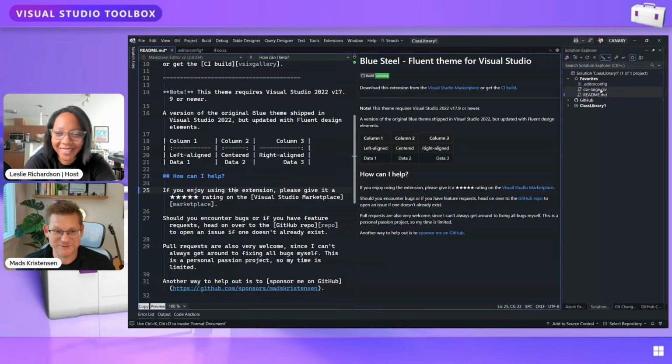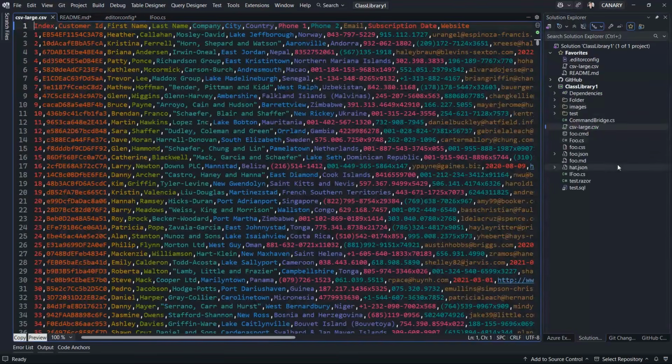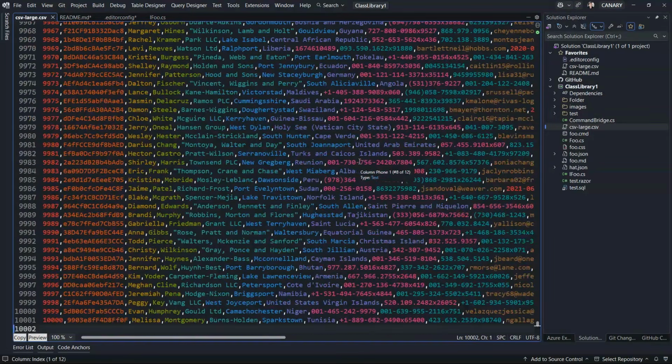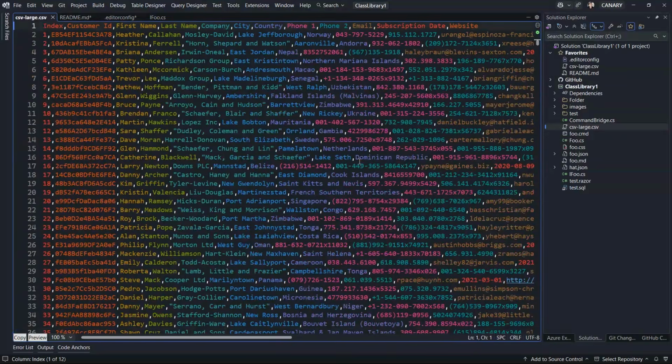Agreed. Let's play around with this. This is a CSV file. Very pretty to look at. It's 10,000 lines. Wow. Yeah, look how nice the colorization is now. This is called CSV Editor. I want to show it because it turns out quite a few people deal with CSV files in Visual Studio, and they're just a wall of text. So now, when I open one, I get this nice colorization. That's kind of neat.